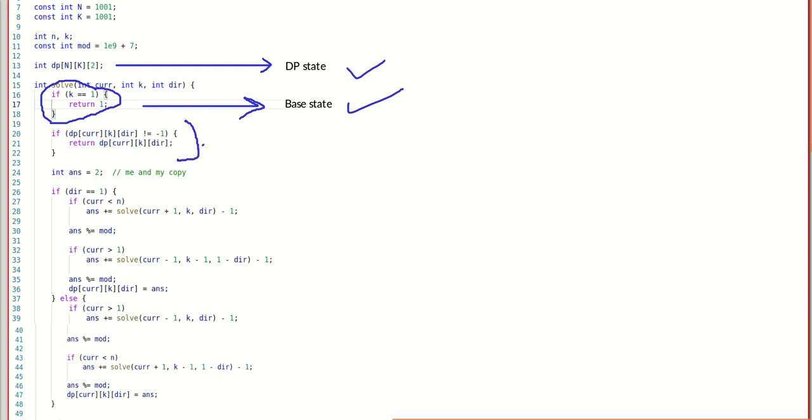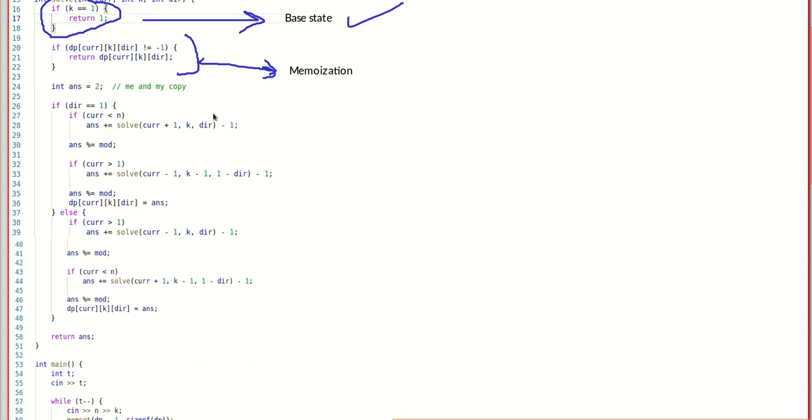What is the importance of this step? This is just for the memoization. We are checking if my DP state, which I am querying, which I am calling with the solve function, is not equal to -1, then I am just returning it, because initially we declared everything with -1. So if we have assigned a value to a DP state, and obviously in my question the value of a DP state would not be -1, because there would be at least one particle, then if it is not -1, I am just returning, to keep the time limit in check. So this is for the memoization.